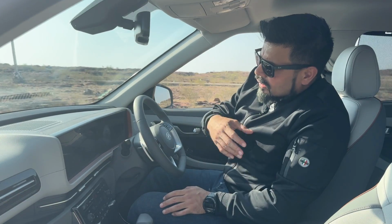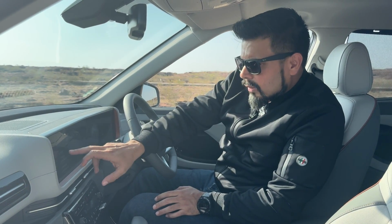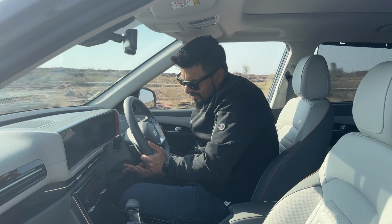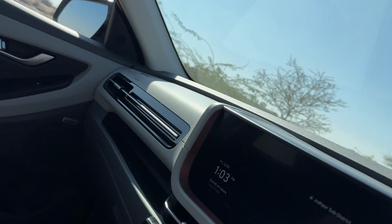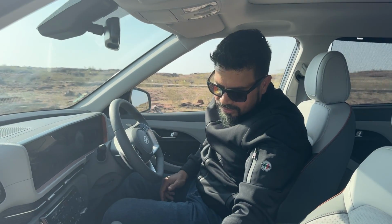controls for the ADAS functions, which you can find in the vehicle settings, and there you can control whichever functions you want to enable or disable. The steering is also tilt and telescopically adjustable. And another great thing that you'll notice about this interior is these copper highlights, which are a new inclusion and look rather nice. Overall, the interior looks quite nice except for the fact that it's lighter in color now and